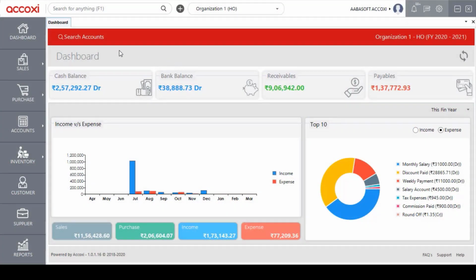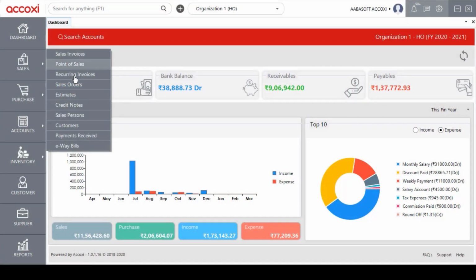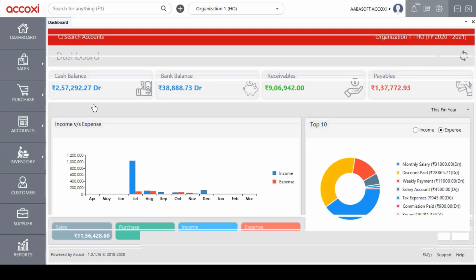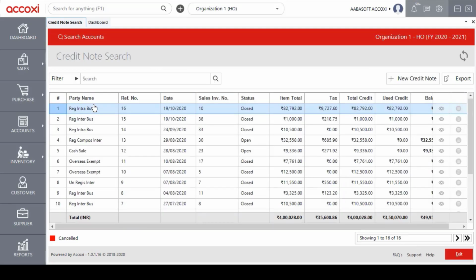There are various forms included under the sales menu, and the credit note form is one of them. Click on the sales menu and select the option credit notes to access the credit note form. When we click on the credit note option, it opens the credit note search page. With this page, the user can access all the details of credit notes and can create or record a new credit